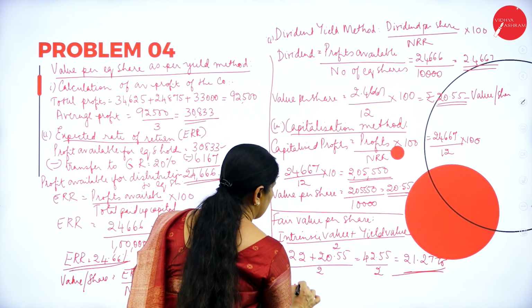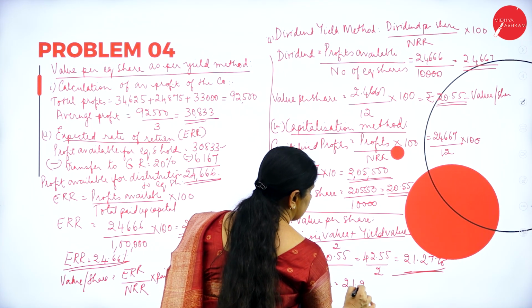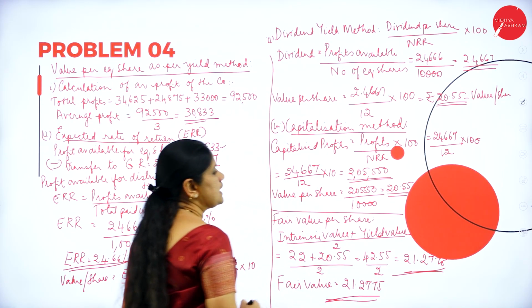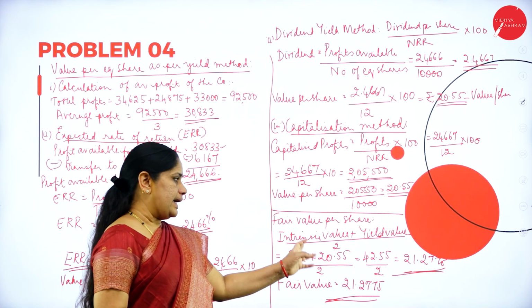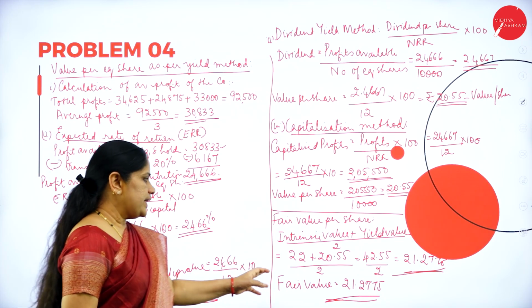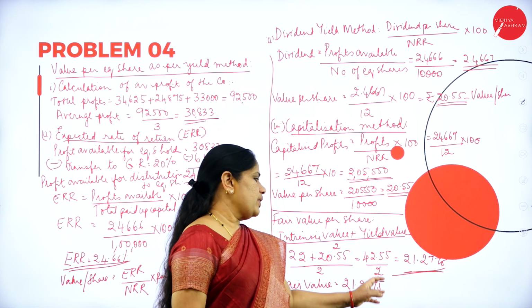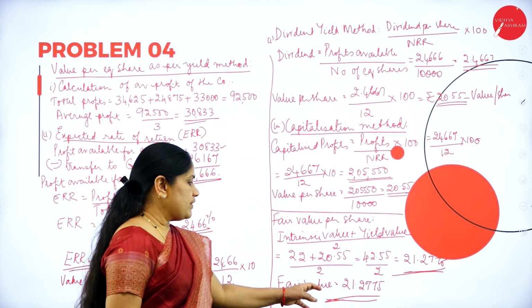Fair value equals 21.2775 is the answer. So, as per the fair value, we have to add intrinsic value plus yield value divided by 2. So, 22 plus 20.55 divided by 2, 42.55 divided by 2, 21.2775. So, the fair value is